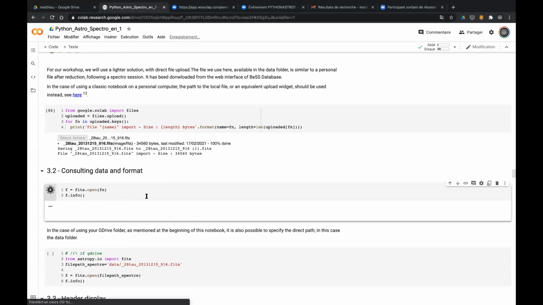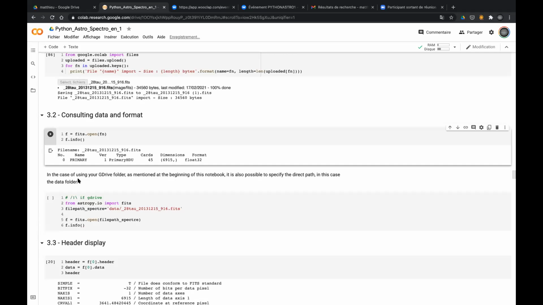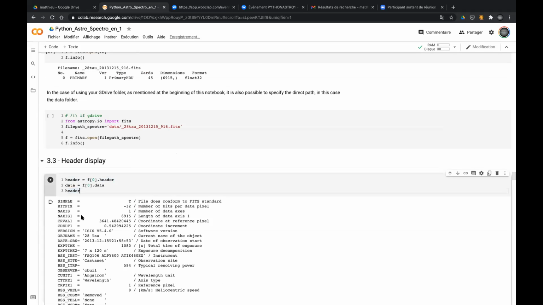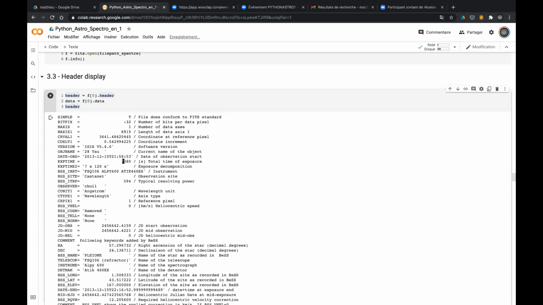So float32, sorry, and we can get information about it, the header and the data. So I print the header here. We get all the information. It is a spectrum from the BASE database made by Christian Buil about Lhires, and we can try to prepare